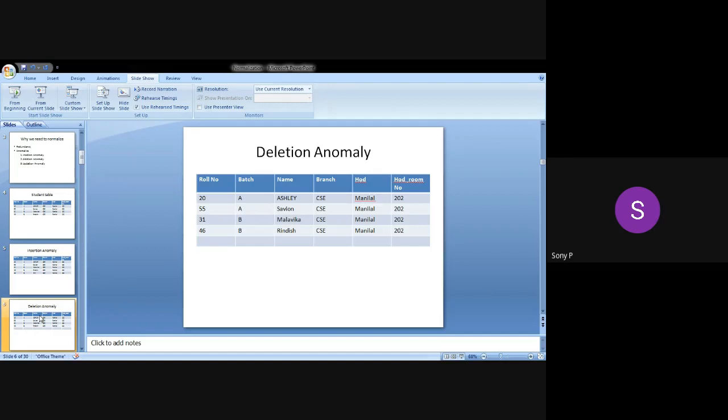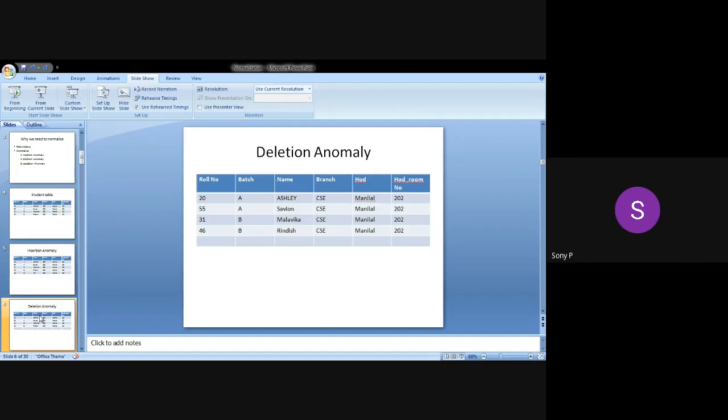Now this database table has no rows. Is there any problem with this? Of course. We deleted the students. Then the branch information, that means the branch name, HOD name and HOD room number informations are also lost.